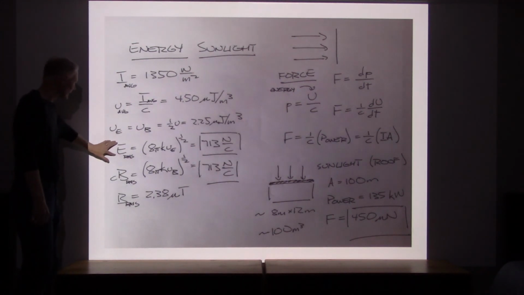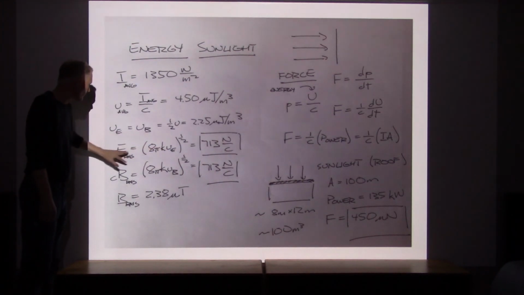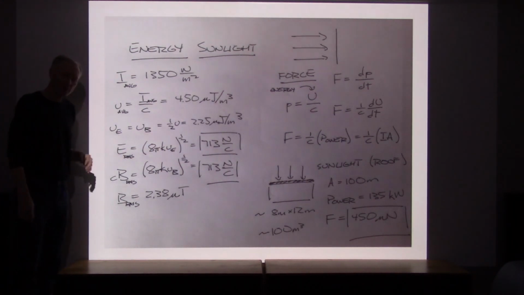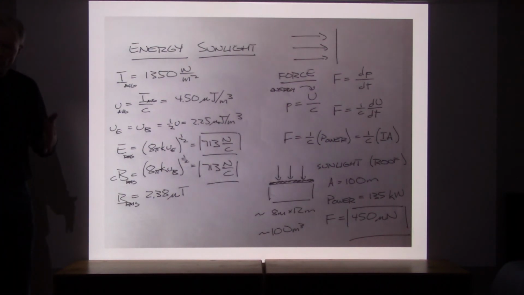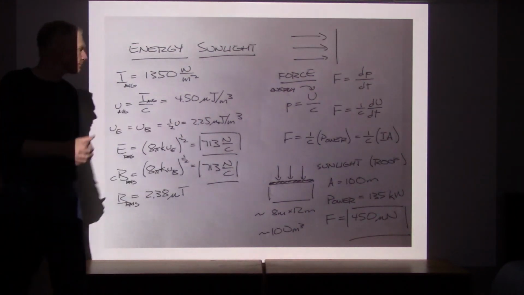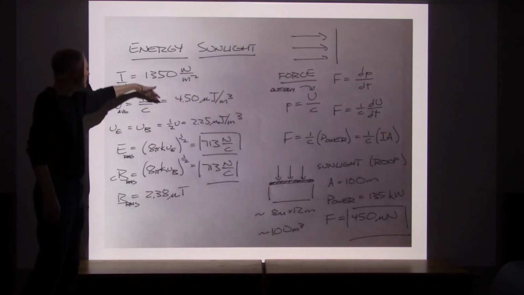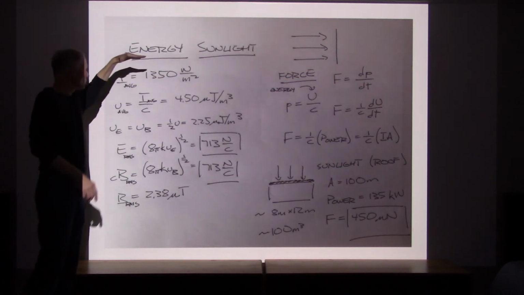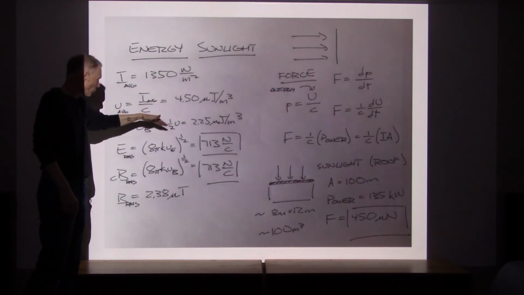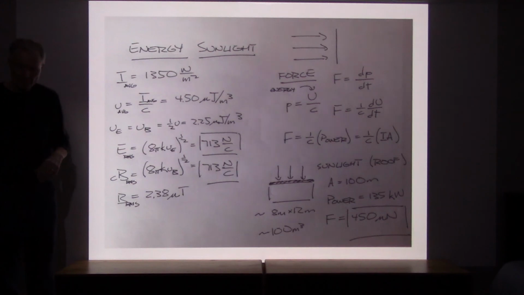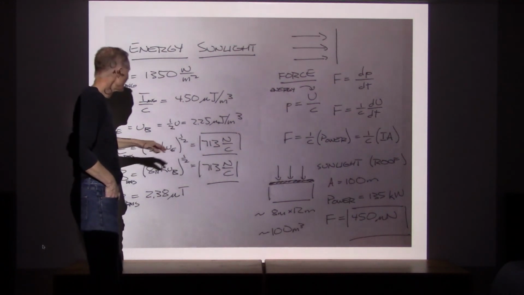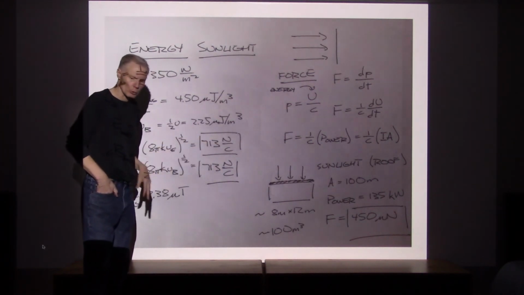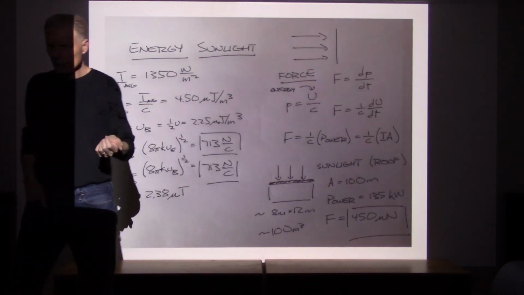And then finally, we can use our energy density field formulas, this time solving for the fields. Before we did it the other way around. We started with the fields, did a series of steps, and went from the fields back to the intensity. In this example, we're starting with the intensity and working our way back through the field calculations. So the sunlight coming in has 713 newtons per coulomb for the electric